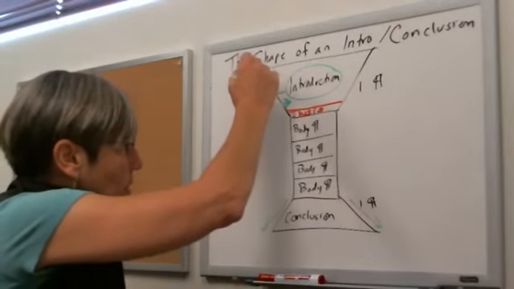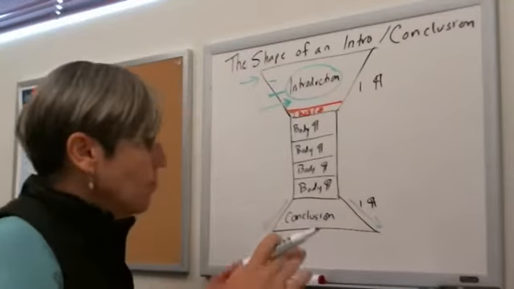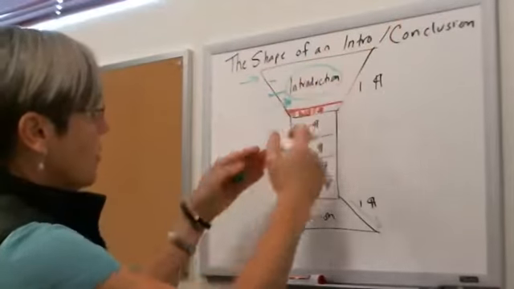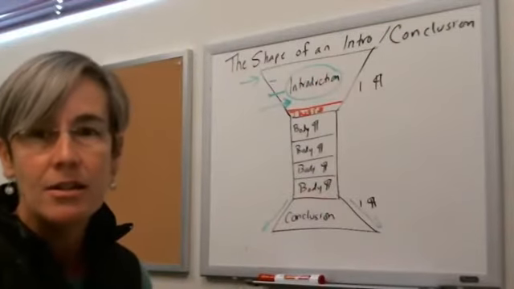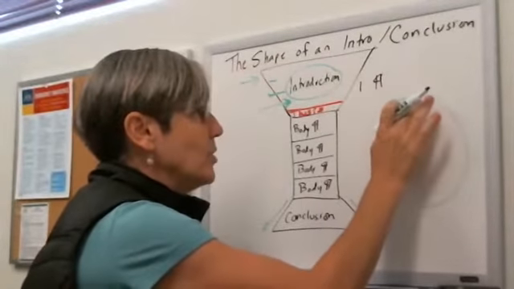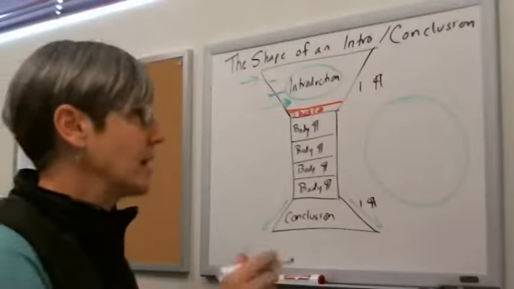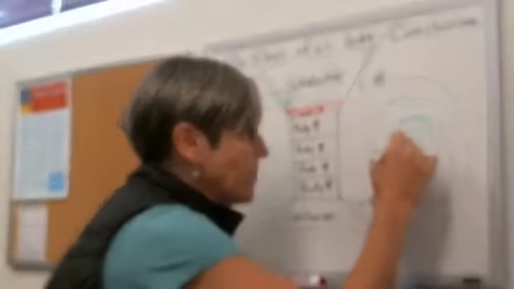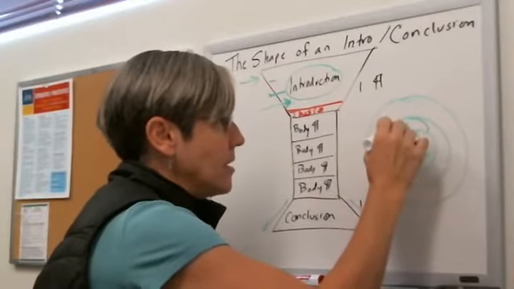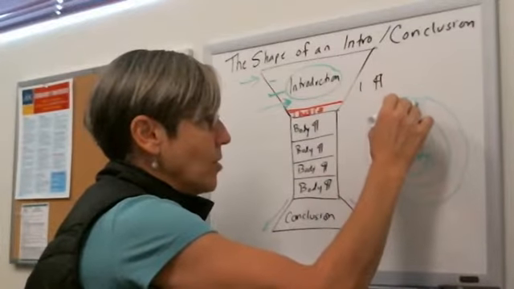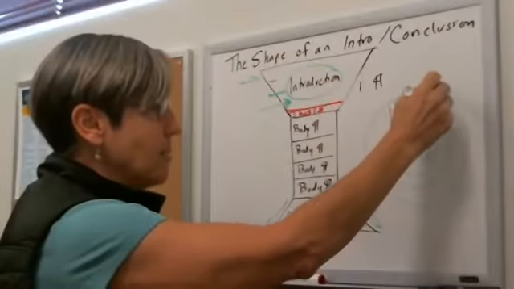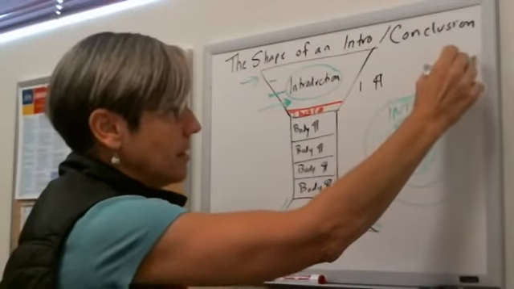But the introduction and the conclusion both start more general and narrow into the focus, and then spill out more generally into the context. What this does is enable your reader to understand the context in which your thesis takes place, and it shows that you understand that context as well. So this might be the body, this might be background, and this might be your intro. We're basically looking at this same shape, but from the top, concentric circles. The most general is the introduction.